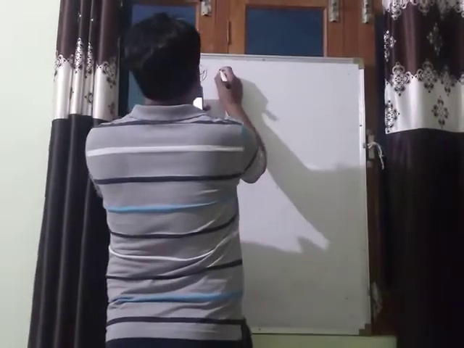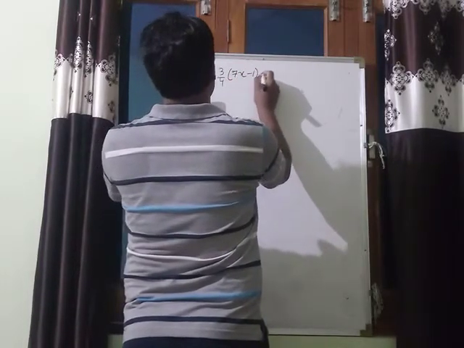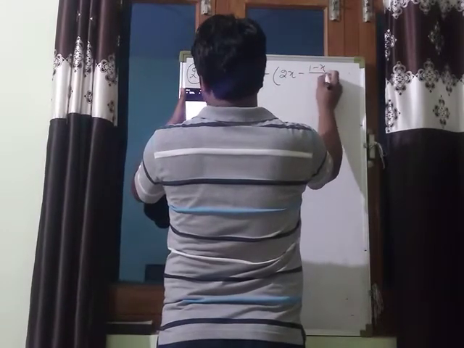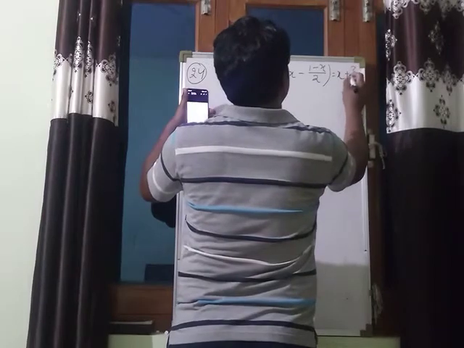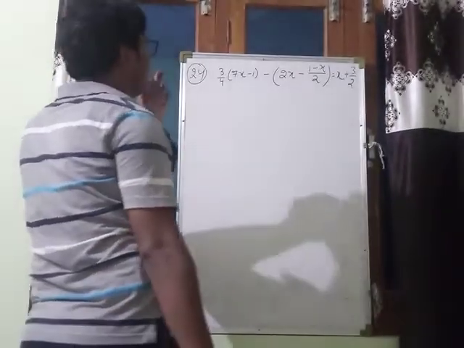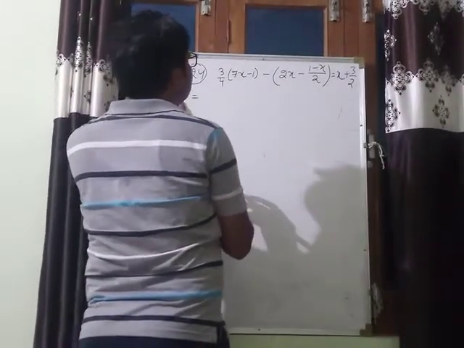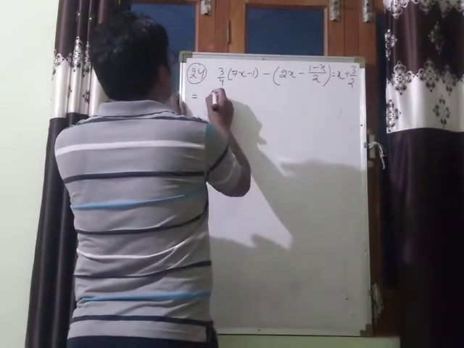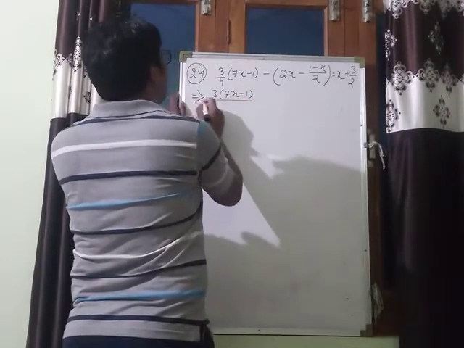That is 3 by 4, (7x minus 1) minus (2x minus (1 minus x) upon 2) is equal to x plus 3 by 2. We want to solve this. So first, open this bracket. What do we have? Open this bracket. So we have 3 by 4 times (7x minus 1)